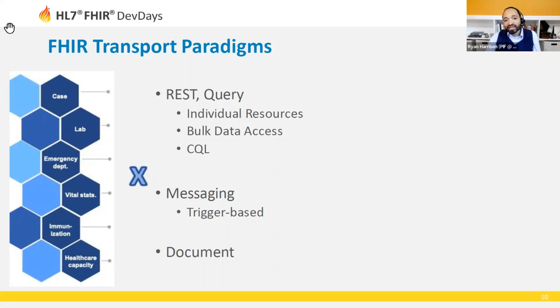So in building out the capability, we're going to intersect a specific use case, which comes from one of those content areas, with a specific transport paradigm. We're then going to mature the specific transport paradigm as a shared service from alpha, which is where we are now, to beta, to eventually general availability. And in doing so, the hope is the national centers can provide their technical expertise about the data they want. They can provide the content implementation guide that specifies the data they want. And ideally, that content implementation guide is going to be inherited from US Core or the US Public Health Domain IG. But in theory, you can have that content IG and use that content IG with any of the exchange